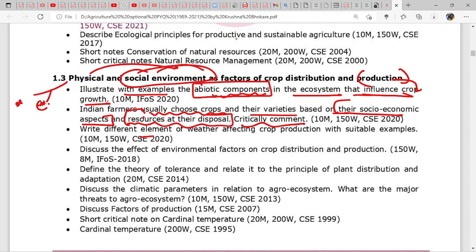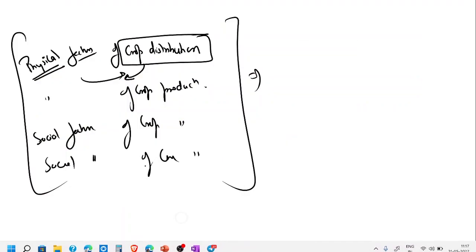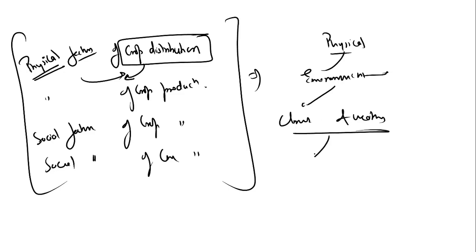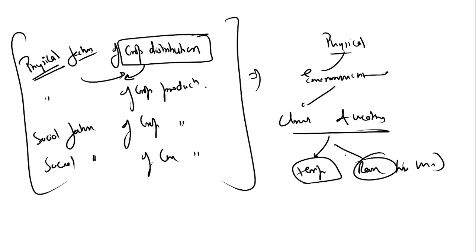Critically comment. Also, different elements of weather affecting crops, that means physical factors. From the PYQs, we understand that physical factors include our environment, and environment includes climate and weather, which further includes temperature, rainfall, humidity, wind, etc., but majorly temperature and rainfall. Under this environment, we can have abiotic components, that is temperature and rainfall, and biotic components, that is soil